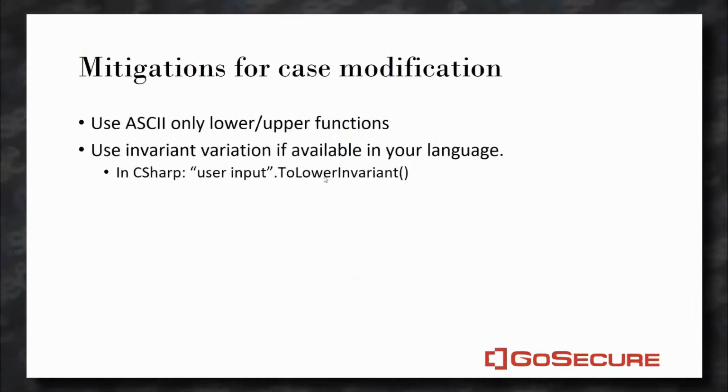So the mitigation is similar to normalization. In most languages and libraries, when they are doing security-critical checks, they will have a custom function that makes sure that lowercase is only applied to ASCII characters. This is something I've seen in the JDK, for example, in Java, and a few other libraries. In C#, they have a safe function that is ToLowerInvariant. So if you want to do a case-insensitive check, you can use this function. It would be safe.